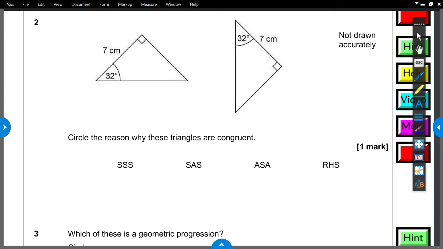So if I have SSS, this means that we have a triangle which has three sides which are the same on both of them. And we should be able to see that this works because if I was to try to move one of these corners or try to alter one of the sides, I can't do that without having an impact on the other sides at all. They're going to get impacted if I do that. So if I've got three sides the same on two triangles, then they must be congruent. These are identical, no matter how I rotate it. I can't really change these at all. But as soon as I move one of these, and we haven't got the sides the same, then they're not